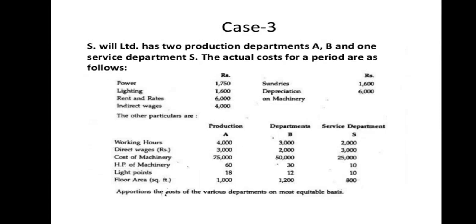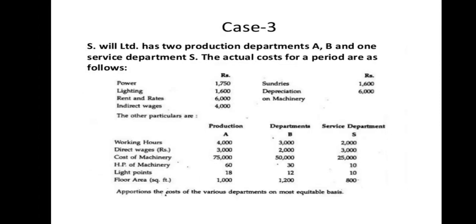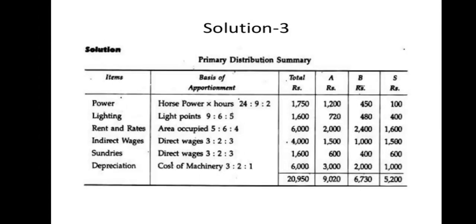The 24 we have got from the power we have used, so horsepower into hours. Horsepower is given as 60, 32, 10. So if you simplify, 24 is to 9 is to 2. So total number of hours worked into horsepower is